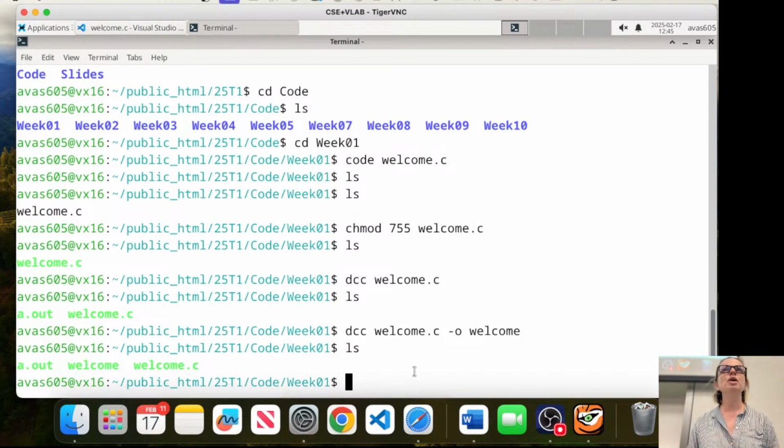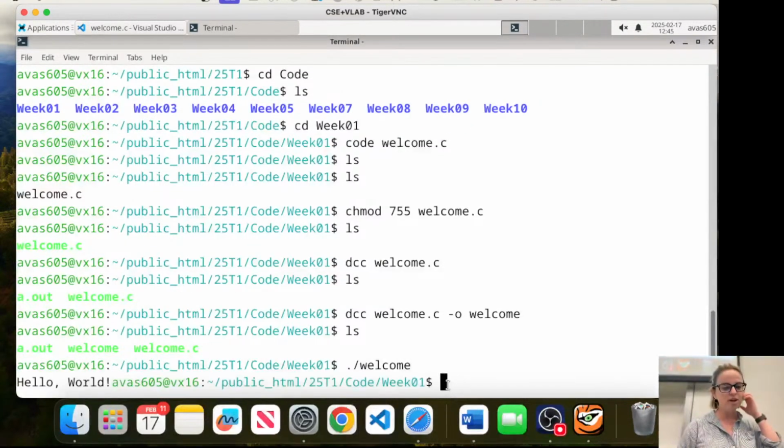And then who knows what I do to run that executable file? Yep. So I do ./ and the name of the program. Note that I don't put .c here because I'm not running my C program anymore. I've compiled it to an executable file. So what I run is the executable file, which has no extension. And there is the output of our hello world. It looks pretty awful, like my desktop. Everything is bunched up together, no spaces.